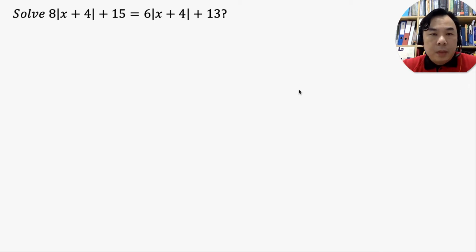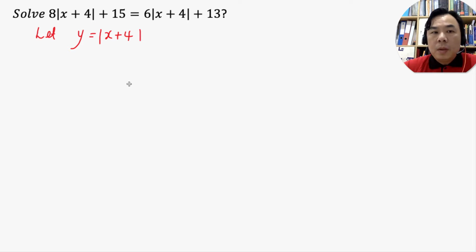All right. So from here we have 8|x + 4| + 15 equal to 6|x + 4| + 13. Now from here, the usual take would be, you will notice that both the left hand side and right hand side have the |x + 4| term, so therefore maybe to simplify the work we can let y be |x + 4|. All right. So therefore, the equation given can be simplified into